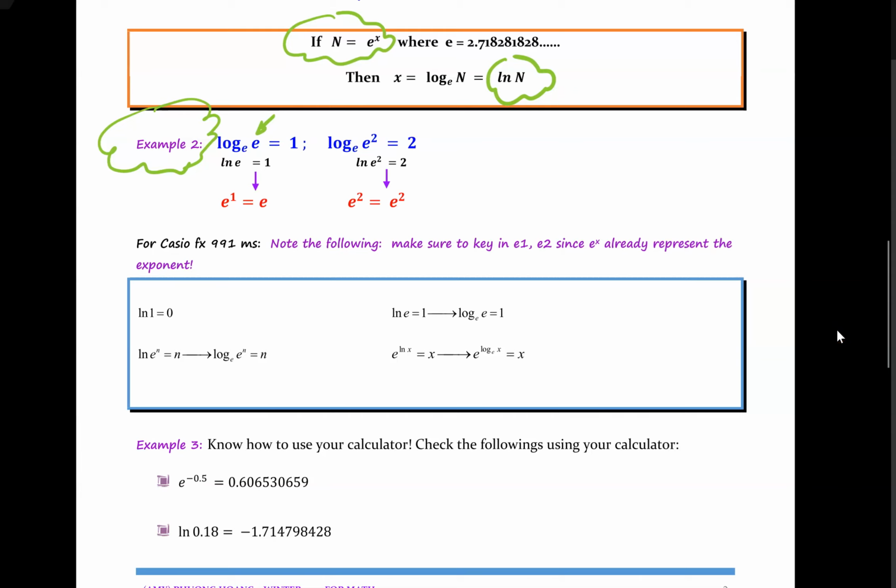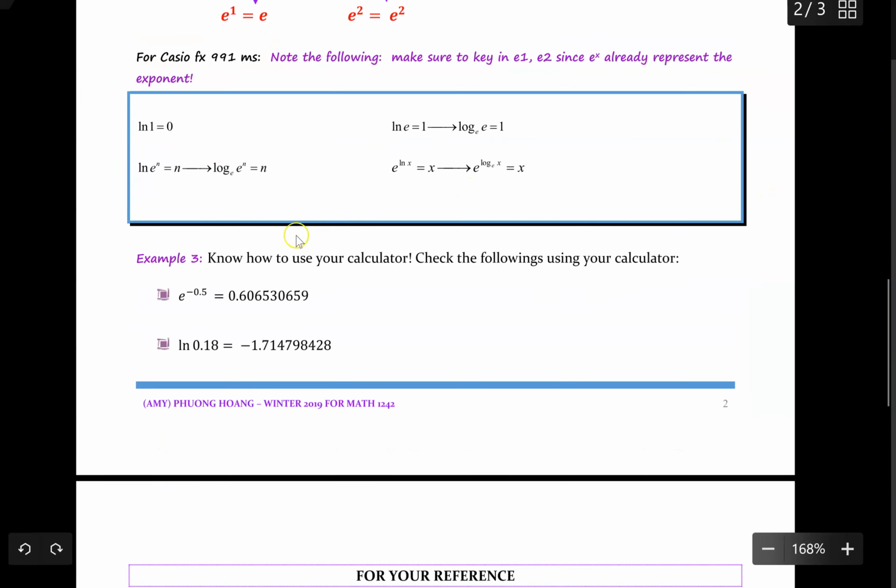Hello everyone. In this video, I would like to continue with the previous video, the one that made an introduction to logarithm and how to use the calculator with the simple common logarithm and the simple natural logarithm. And I believe that we stopped around here, this question, example number 3, where we raise e to the exponent negative 0.5. And I would like everyone to use the calculator to make sure that you come up with a